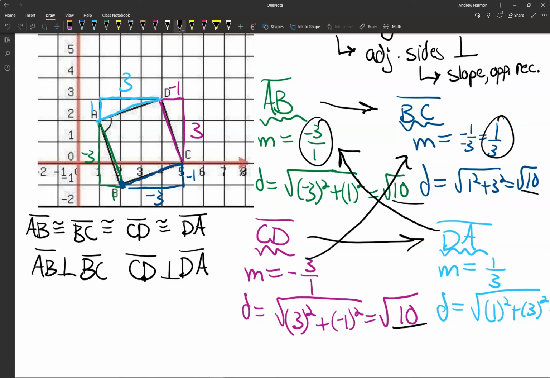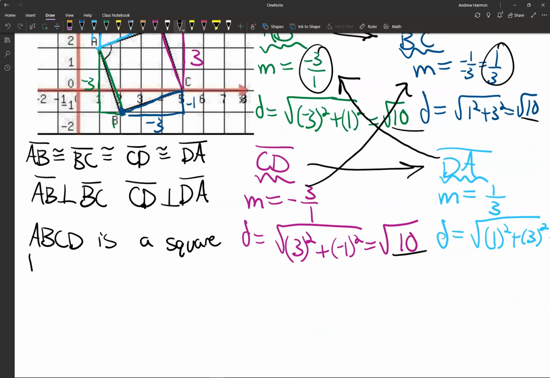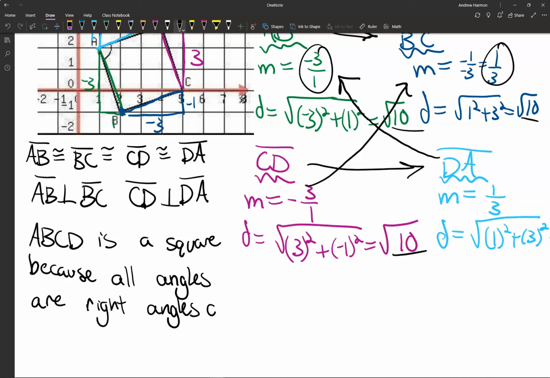So with all of this information here, we can say that ABCD is a square because all angles are right angles and all sides are congruent. So we need both those things to be true, because if just all sides were congruent,